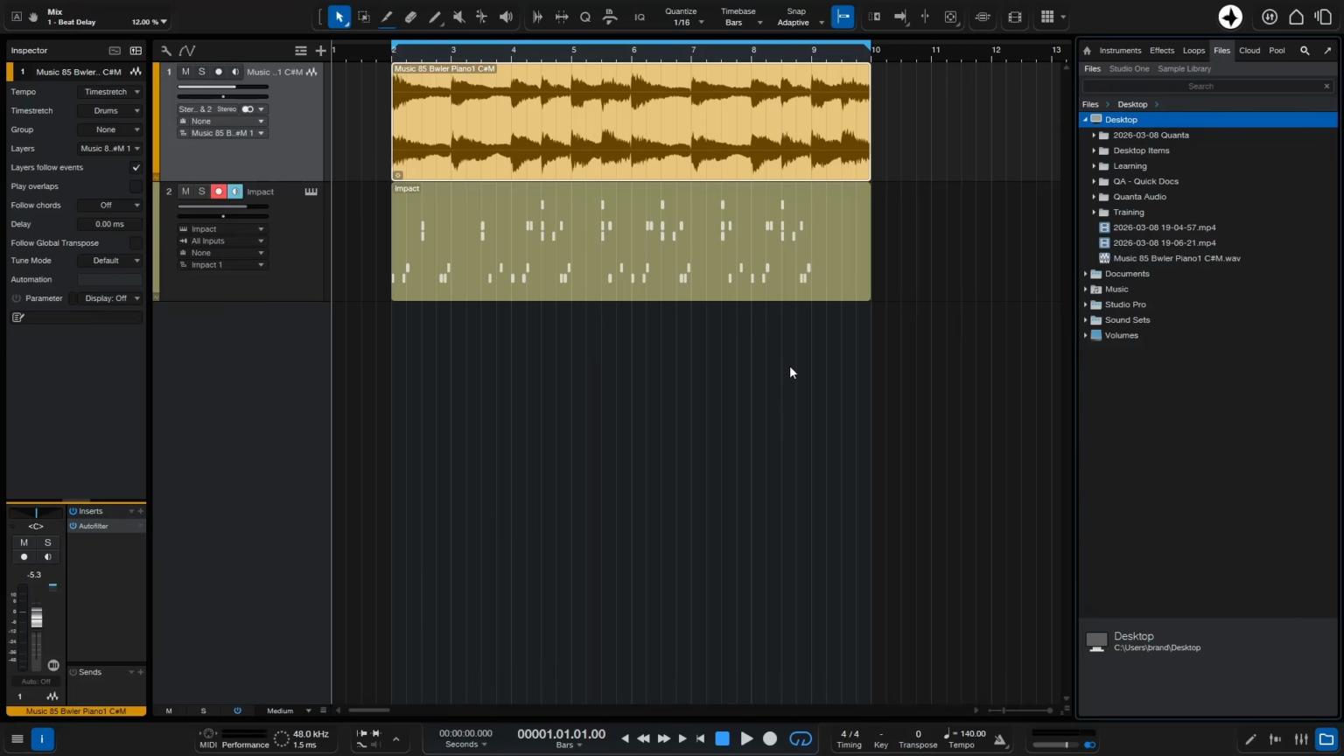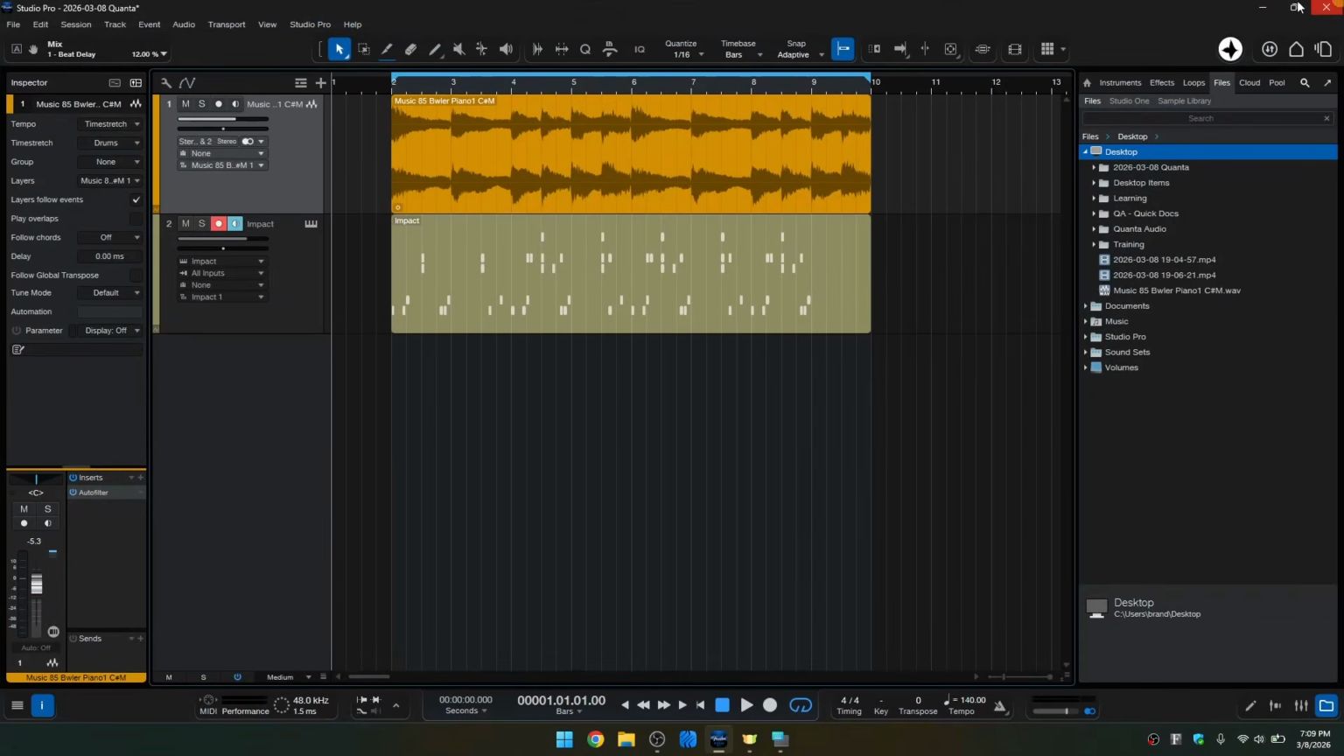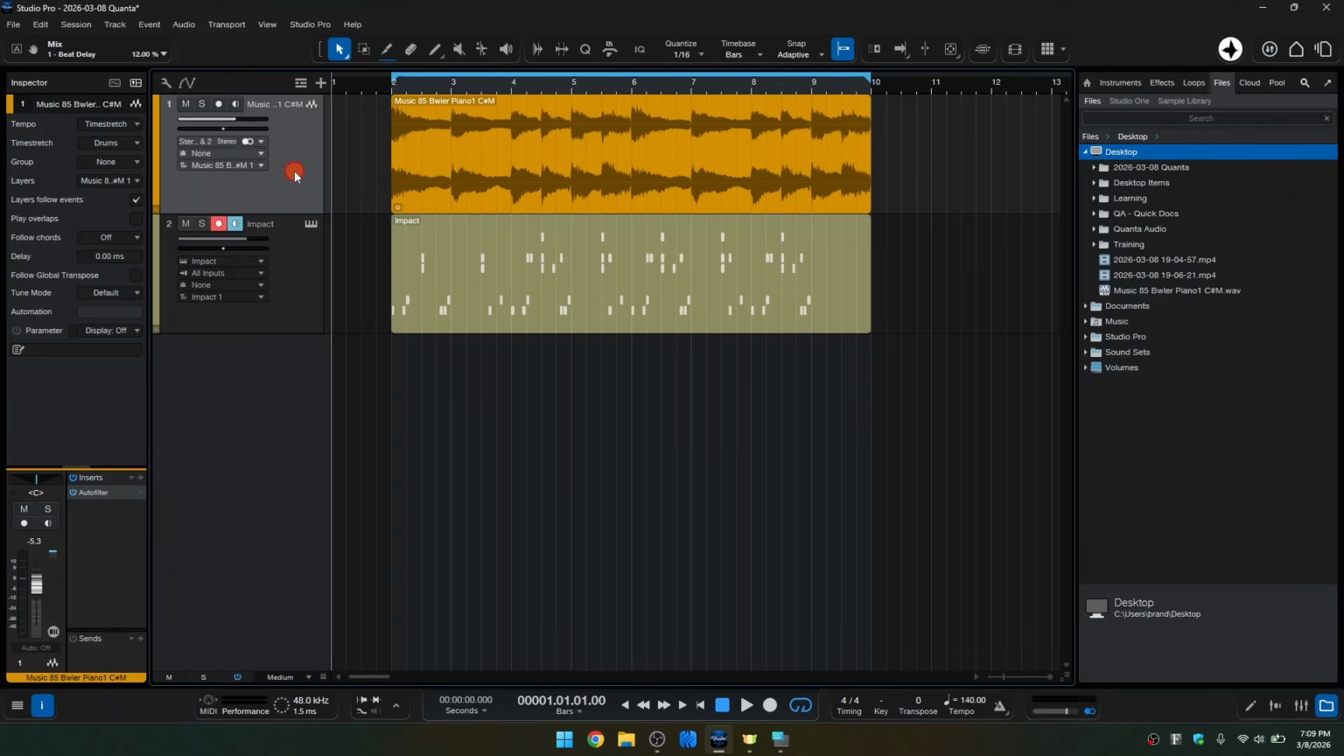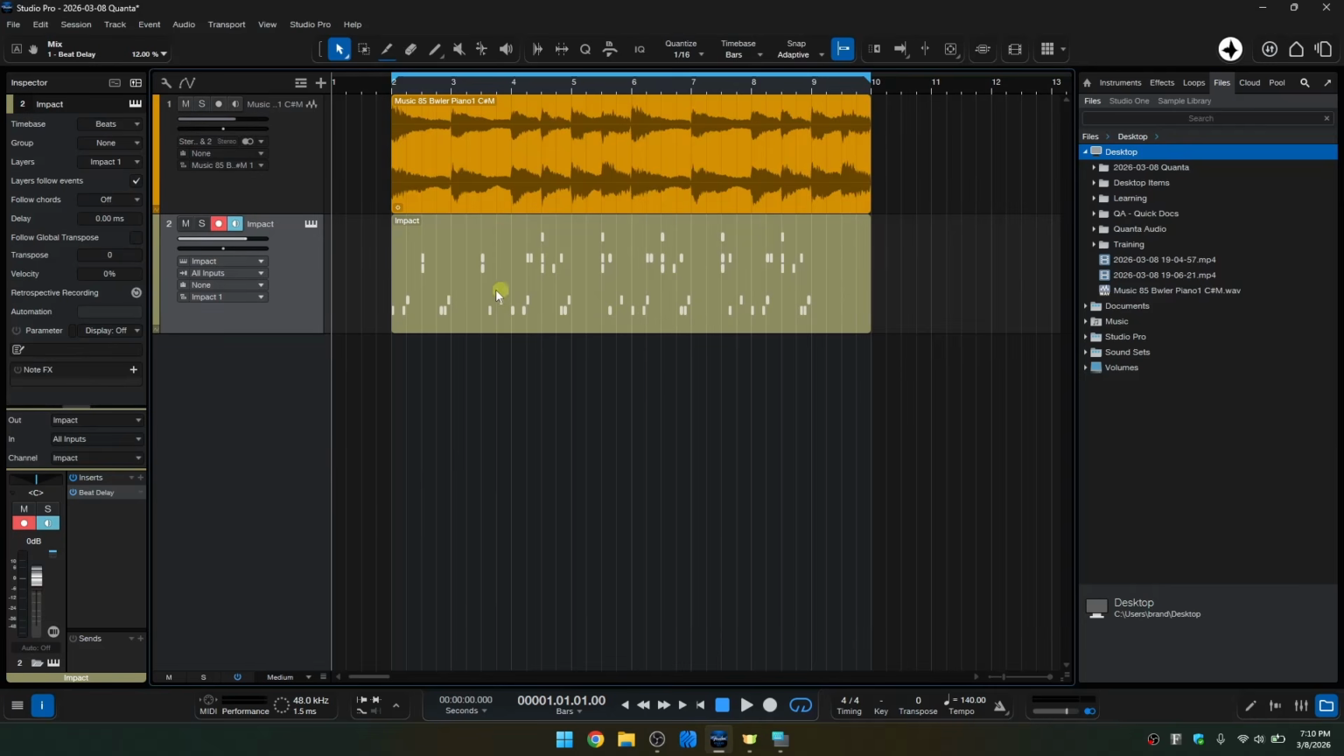Let's press Shift and F to exit out of full screen mode, and then we can minimize Studio Pro, and you can see here is our audio file that was exported. Okay, let's come back into Studio Pro, and then next we have a track with a basic drum pattern, and